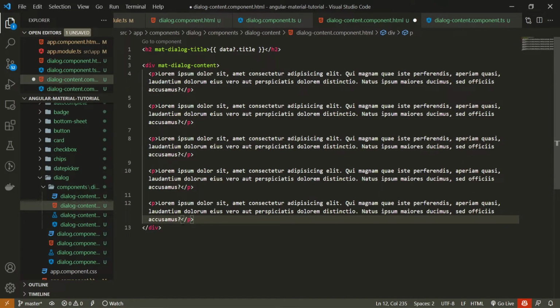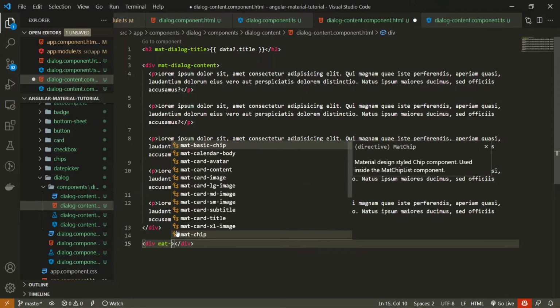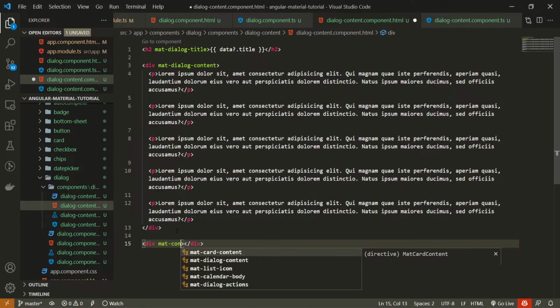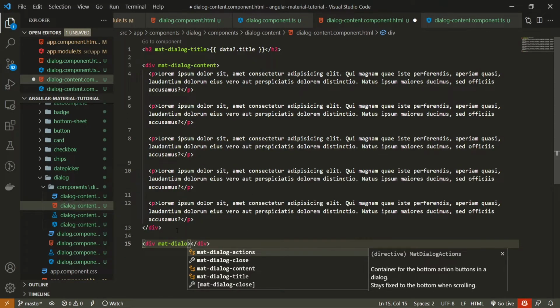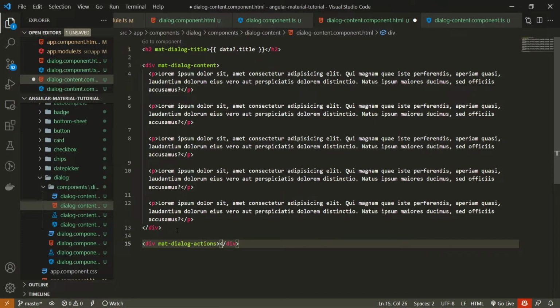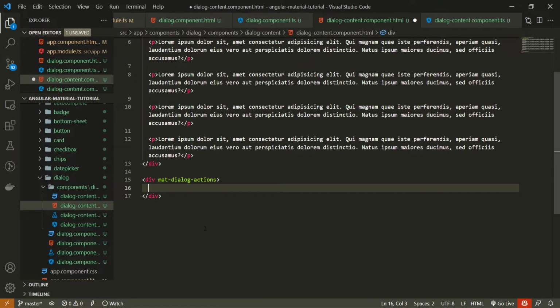And after this mat-dialog-content, we can have something called actions. So let's create another div, not content but mat-dialog-actions. And these actions are usually used to render some kind of buttons. So for my actions here, I will create 2 simple buttons.